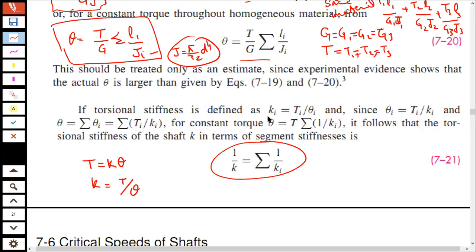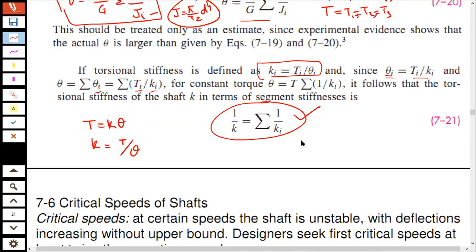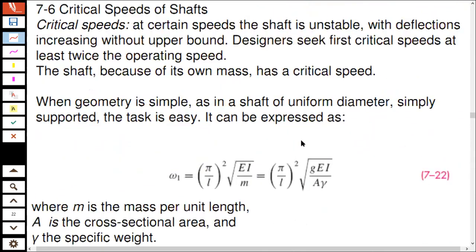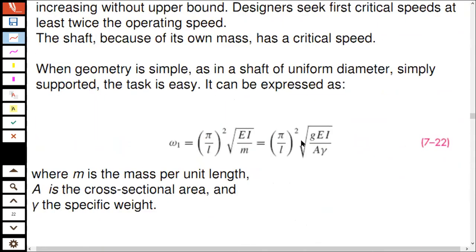But the basic idea is that your k is equal to T over theta, or your theta is equal to Ti over ki. It depends on the section, which section you are talking about. And your theta is the sum of theta i. Therefore, with ti over ki for constant torque, theta is equal to T times the sum of 1 over k. So you will add the k's over here to get the overall stiffness, and that is the torsional stiffness of the shaft. Okay. Now,